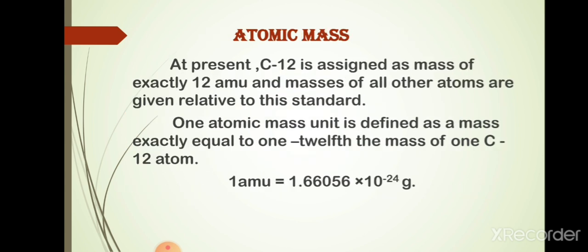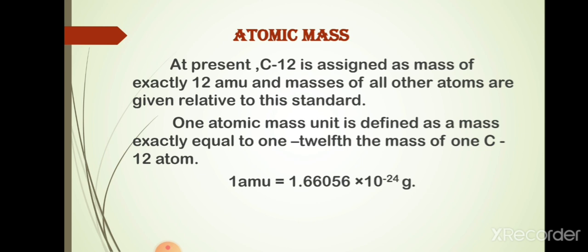Next, we will move on to atomic and molecular mass. First one is atomic mass. We learned about the laws of chemical combinations and an important theory to understand the particles of matter, that is atoms and molecules. Now we have to learn more about atomic mass and molecular mass. The mass of an atom is actually very small because atoms are extremely small. So, in the early periods, it was difficult to count the exact number of atoms.